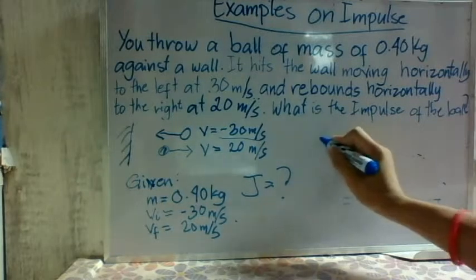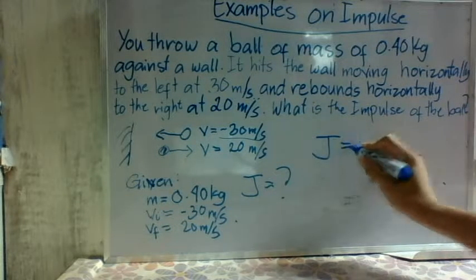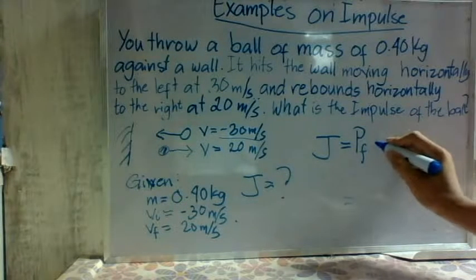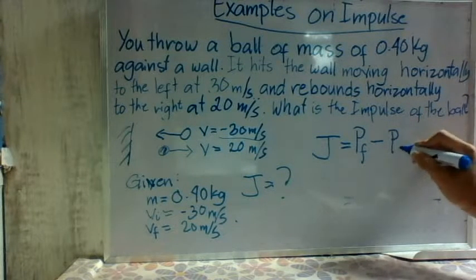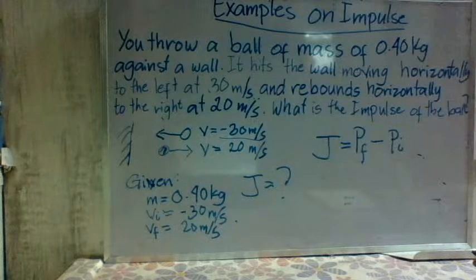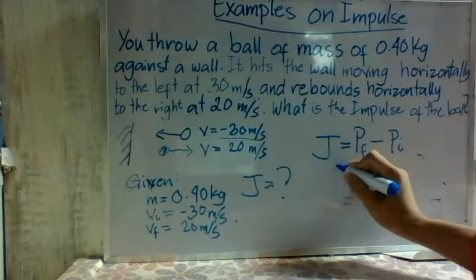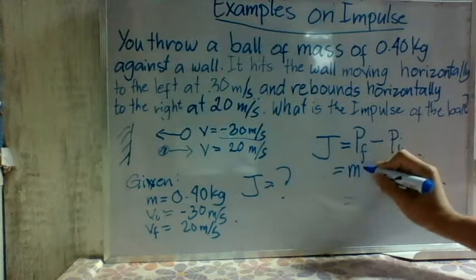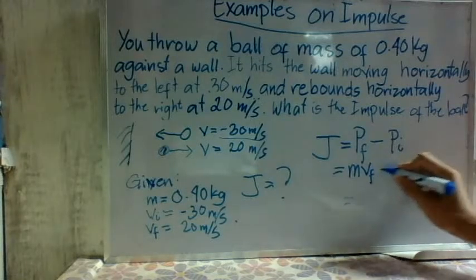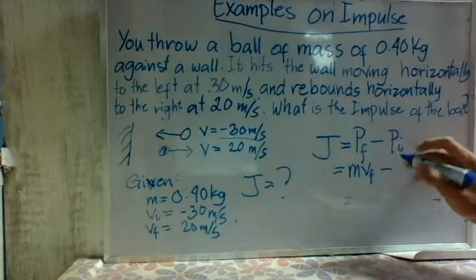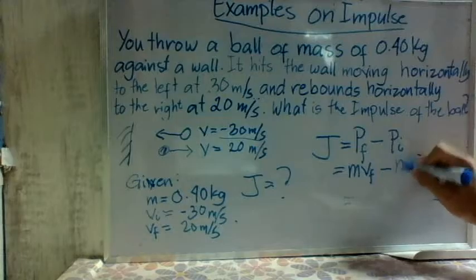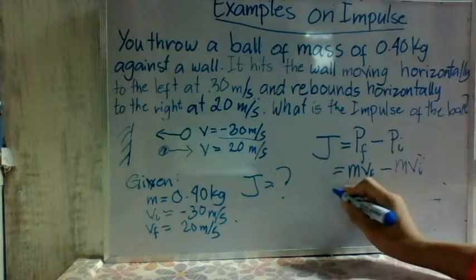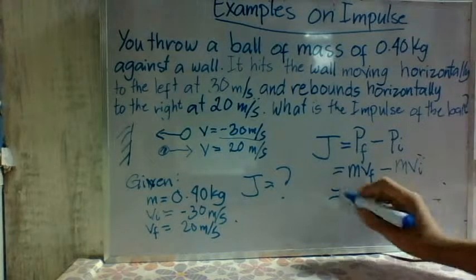So, ang formula sa impulse is equal to J. J is equal to momentum final minus the momentum initial or the change in momentum. So, momentum final is equal to mass times velocity final minus the momentum initial na equal to mass times the velocity nga initial. So, i-input nato ang atong mga given natay